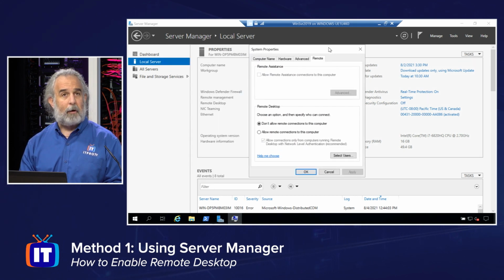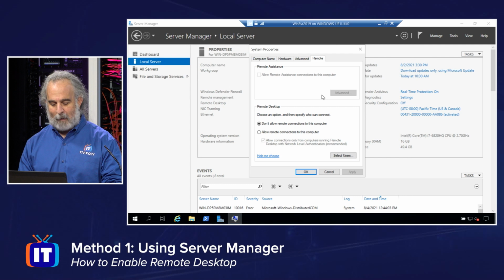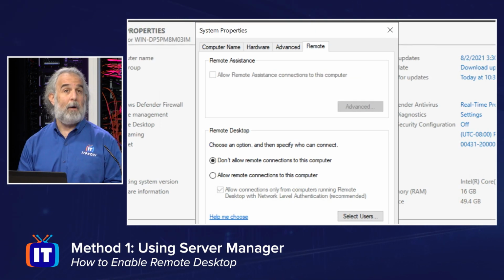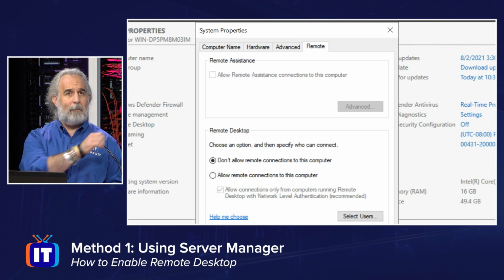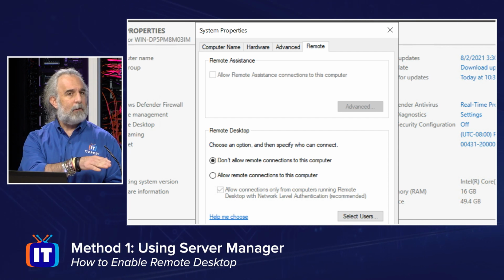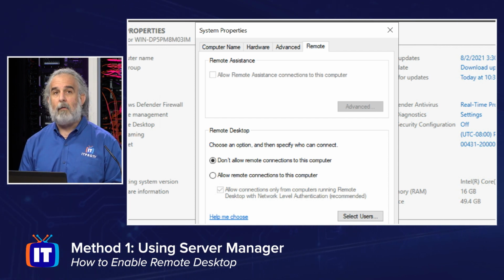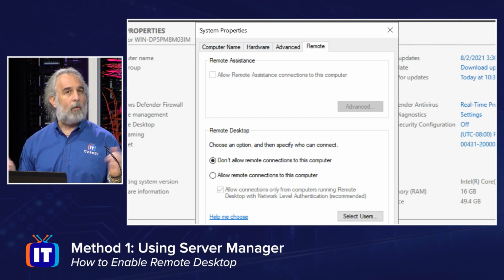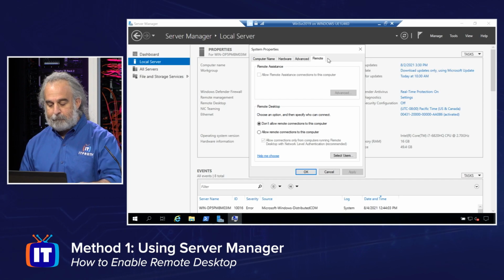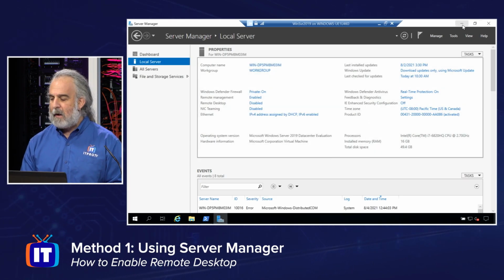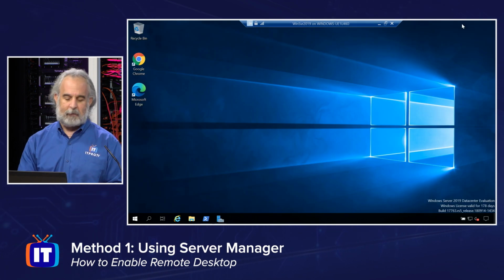Now I have a link right here that I can click, and I can simply be taken to the System Properties window, which is what most of you are probably familiar with if you've been working with Windows for some time and setting up remote access. And right down below, underneath Remote Assistance, I see Remote Desktop currently set to don't allow remote connections. We simply toggle that, selecting Allow remote connections to this computer, and then we select our users, and we're up and running. Now, I could do it right from here, and we will do it from there in just a moment, but I promised you a second way to essentially get to the same place.